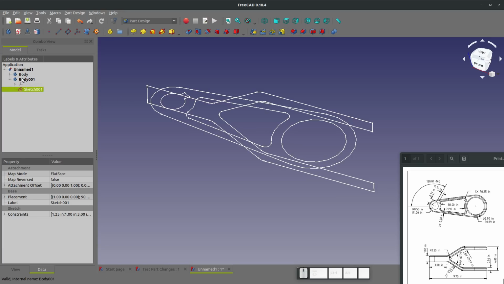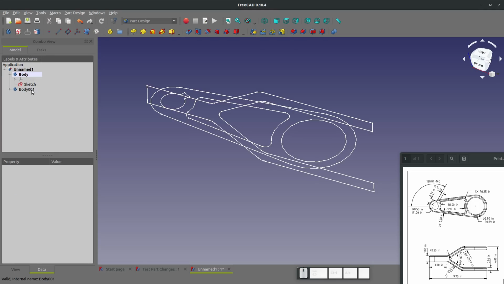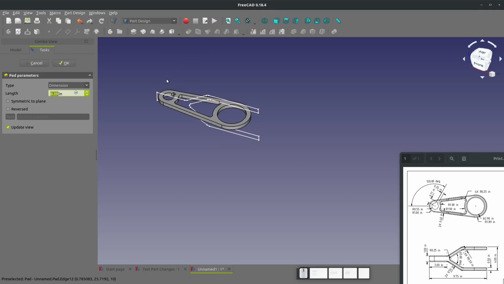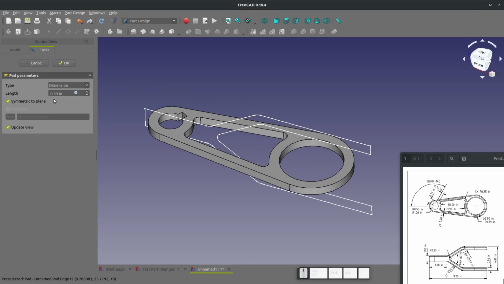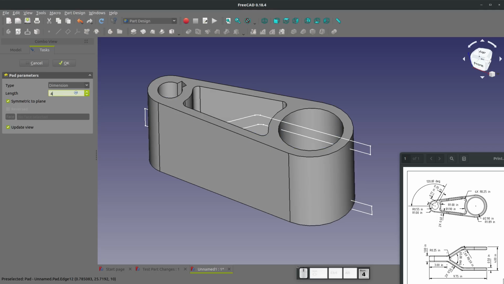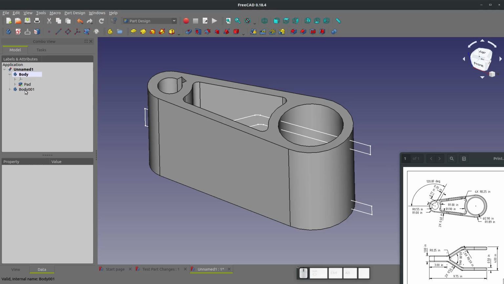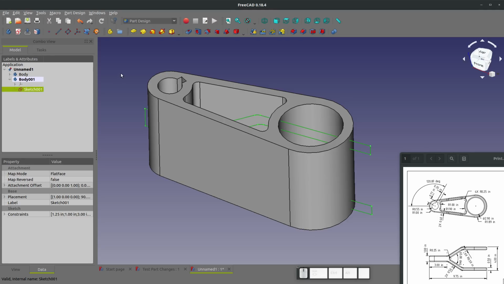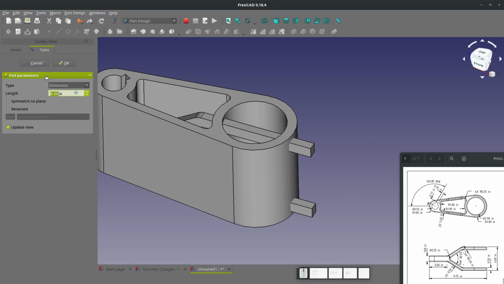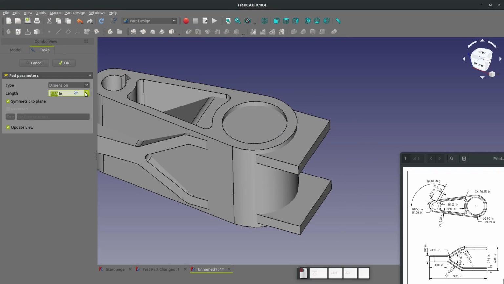Now is the fun part, right? So I have two bodies, and this one is a little bit more bold in text than this one. That means that this is my active body. I can make this body active by double-clicking on it, and you can see this becomes bold and this becomes not bold. So with this activated, I can highlight my sketch, create a little extrude feature, and then we'll say symmetric to plane 4.5. We'll close that. I'll highlight my next body by double-clicking, highlight my sketch, extrude, symmetric to plane, and that's enough